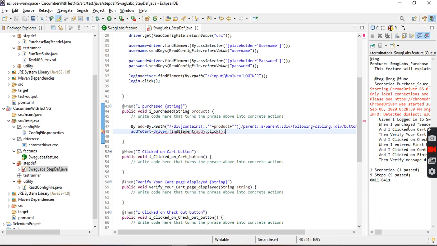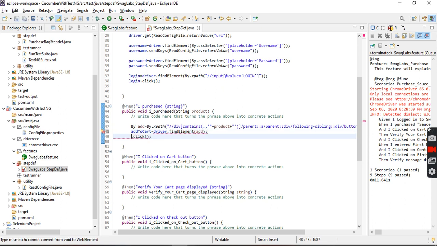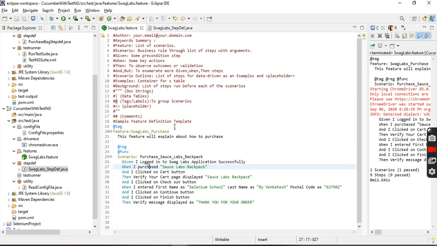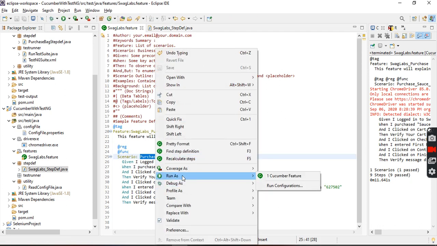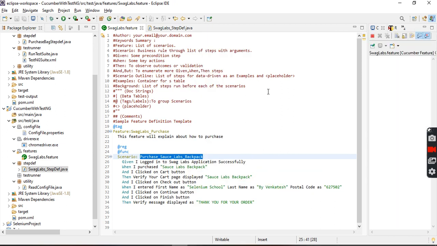So first find the element and after that you have to click it. Otherwise you should not have this kind of initialization. Can we check it right now? Right click, this one, right click, run as Cucumber feature.